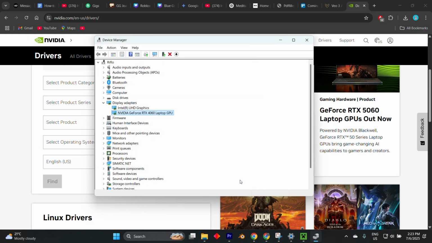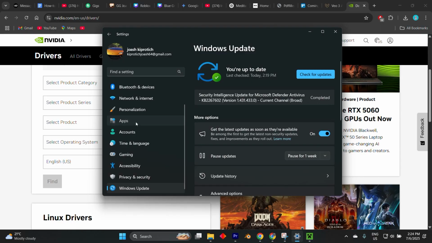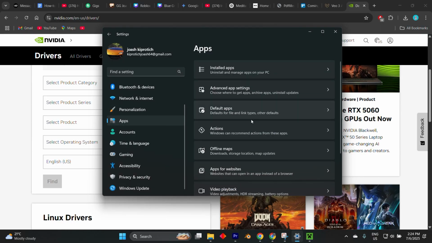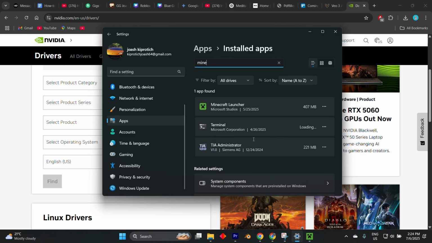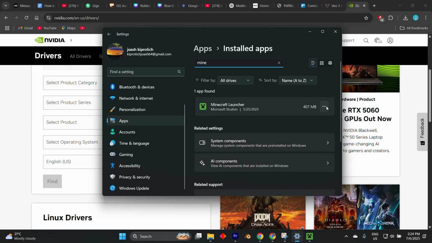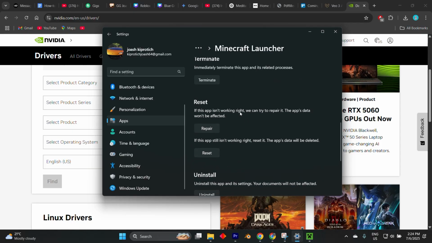Repair or reset Minecraft. This is for the Windows Bedrock version. So for Windows, just open Settings as well. Now look for Apps and click on it. And then go ahead and click on Apps and features. Now from this place, you can search for Minecraft in the list here. Go ahead and click on these three dots or select it and then choose Advanced options. Try Repair first by clicking on it here. If that doesn't work, go ahead and click on Reset. Note that resetting will clear game data, but your worlds for Bedrock Edition are usually tied to your Microsoft account,